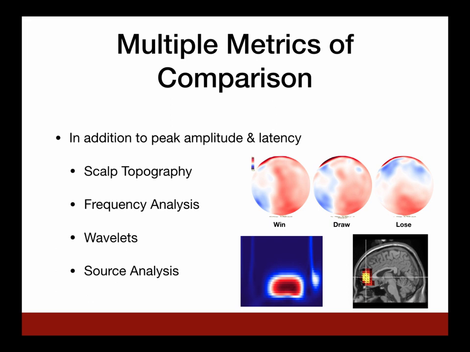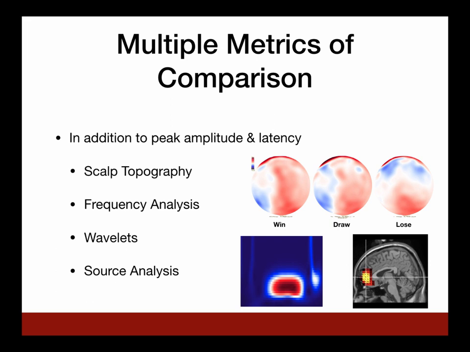And if you look at the scalp topography, you can see that win and draw have a very similar right lateralized positive activation, whereas in the lose condition, we see this medial frontal negativity, which has often been associated with a mismatch between your expectations, because we think we're all winners, and the feedback that you're getting. How could I lose rock, paper, scissors against a computer? How dare they? But it turns out that this actually replicates for all kinds of gambling tasks